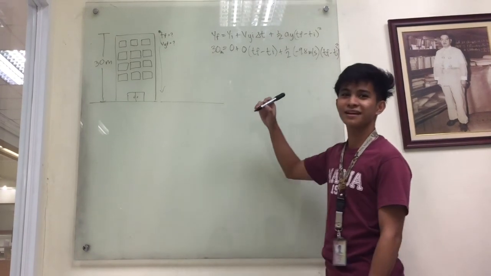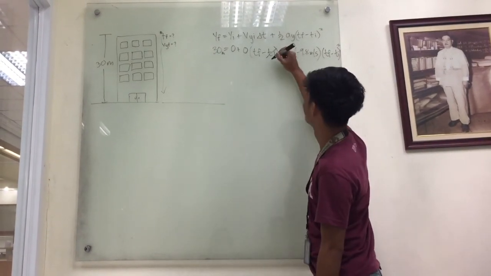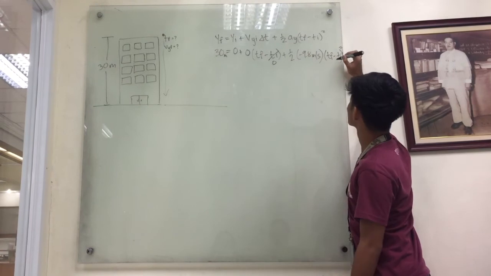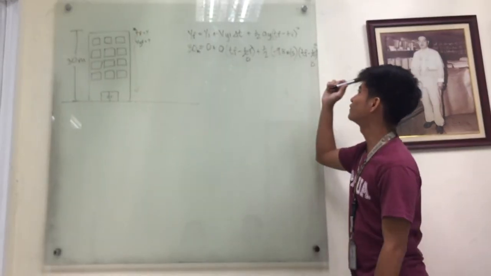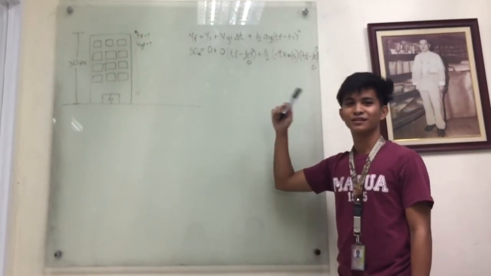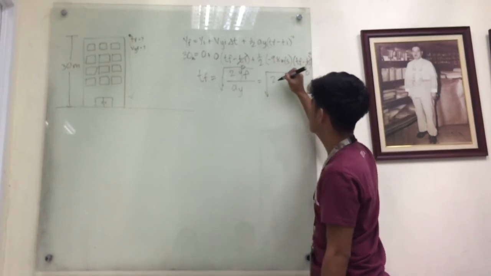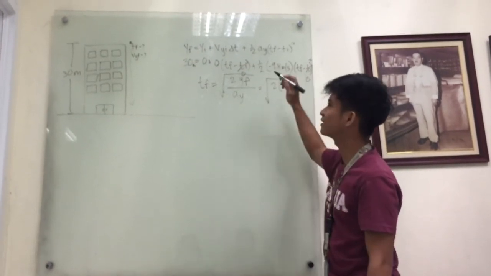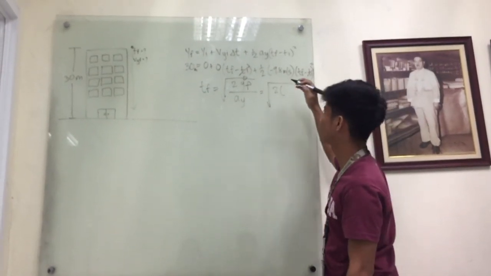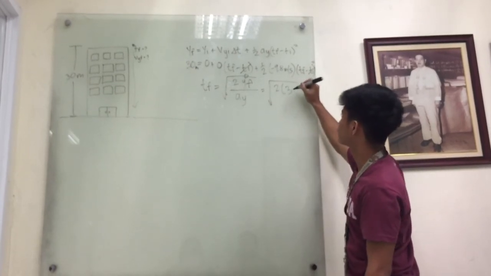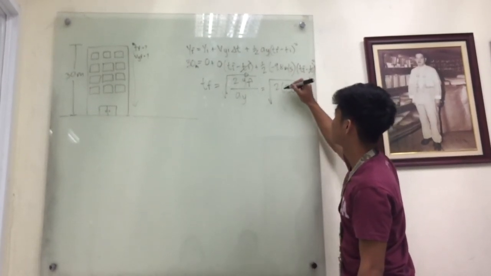Our initial time would be 0, and here we can derive this equation to get the final time: square root of 2 multiplied by our final height, or the height of the building, which is 30 meters,